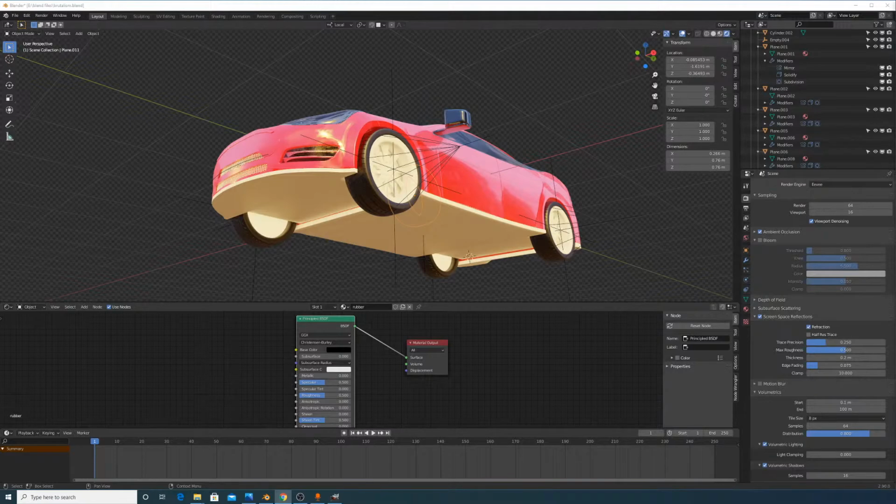Okay, I got a good image. I think I found a good image of a tire reference. It's a little small, so I'm gonna try to find, yeah, I got a good one. Alright, so